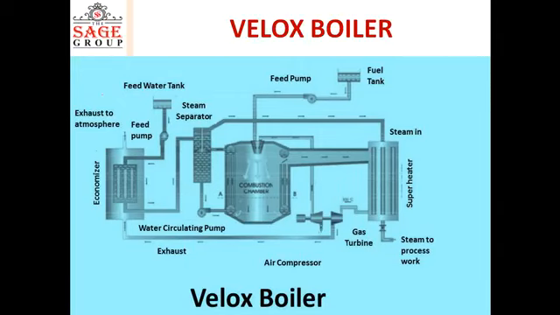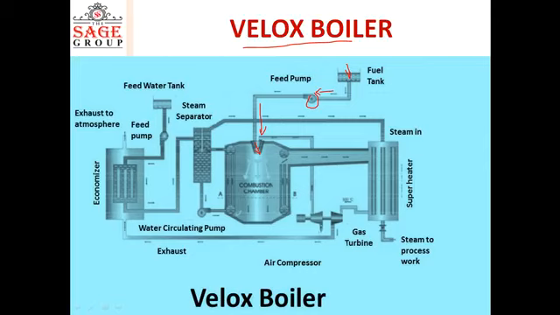Now here you will understand the working of this Bellows boiler. On the top side, you can see there is a fuel tank. From the fuel tank, fuel will come by this passage, and this is the fuel pump. The fuel pump will take oil from this fuel tank, and this will pass through this passage and go to the combustion chamber. Here you can see there is a nozzle. This is the nozzle section. When the fuel comes here, the nozzle will break the fuel into small particles.